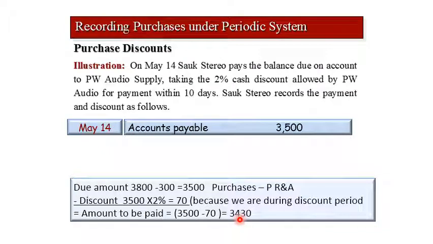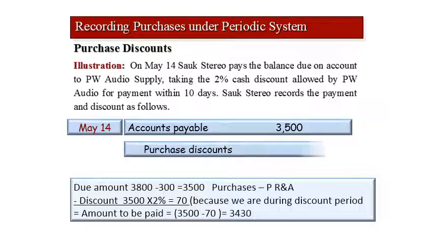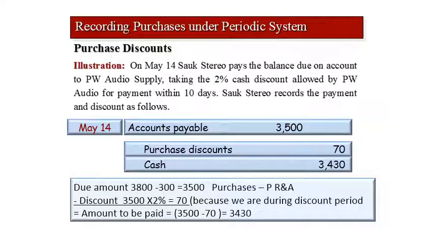Yes, you will pay accounts payable by the due amount, 3,500, and you will get a purchase discount credit because it is the opposite of the purchase. It is like revenue, but it is not a revenue; it is deducting of the cost, decreasing of the expenses. So the purchase discount is the opposite of the purchase, so it is credit, and you will pay, yes, cash